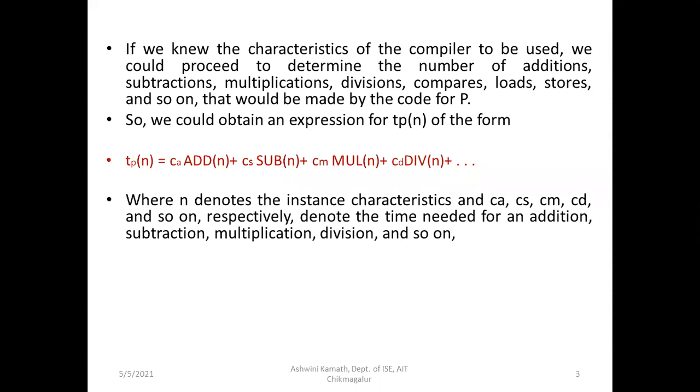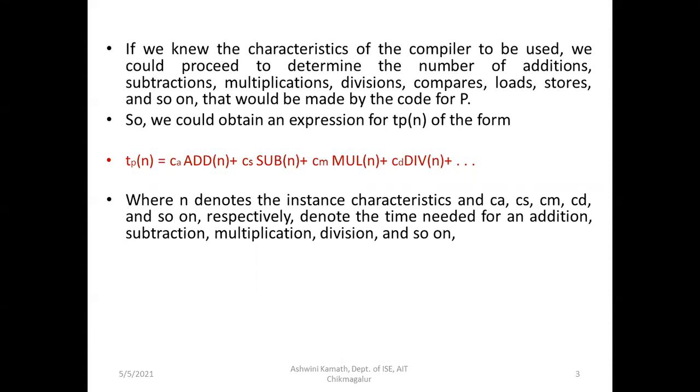Similarly, CM is the time required for one multiplication, and mul of n is the number of multiplications in your program. CD is the time required for one division, and div of n is the number of